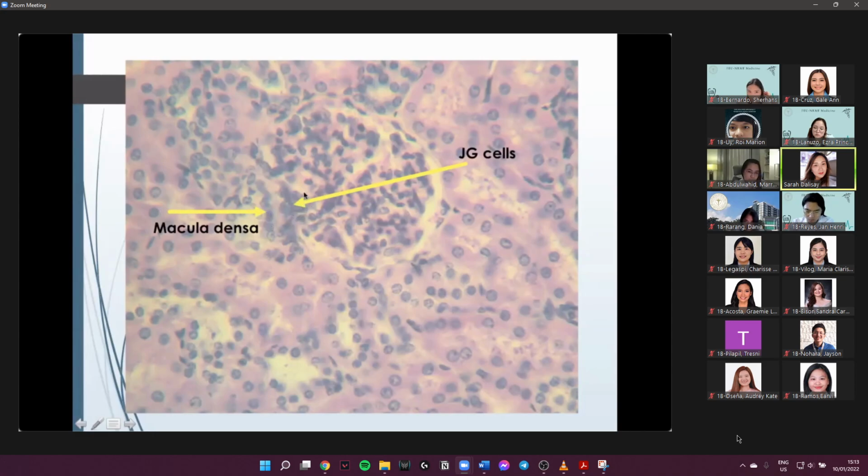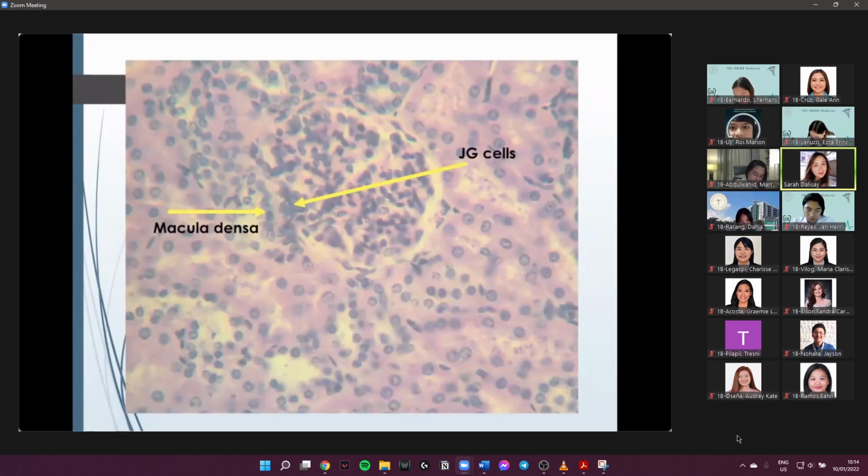So again, as I said, these two entirely make up what we call your juxtaglomerular apparatus. By the way, what do your JG cells do? They actually secrete a substance called renin, which is responsible for maintaining the blood pressure. Okay, so there you go. That would be your